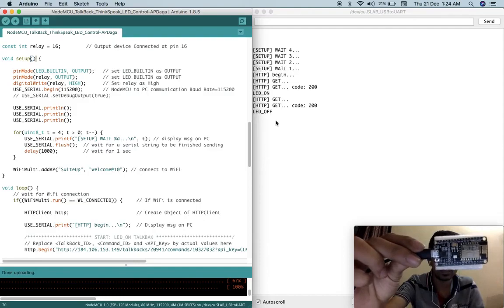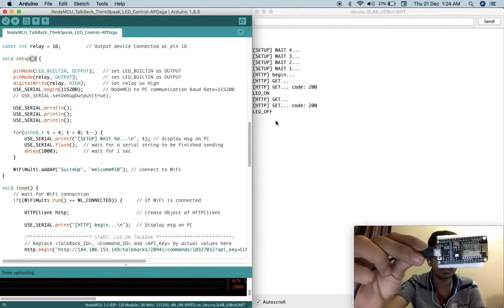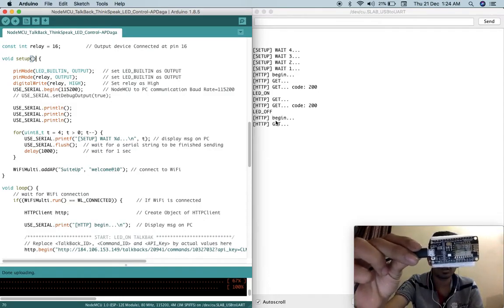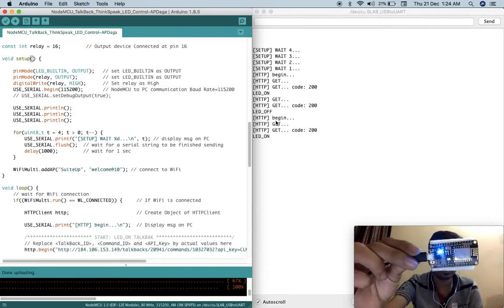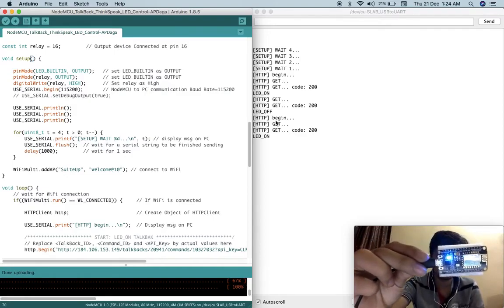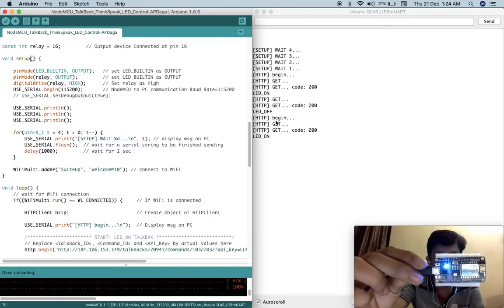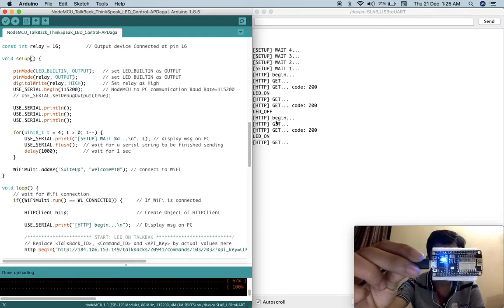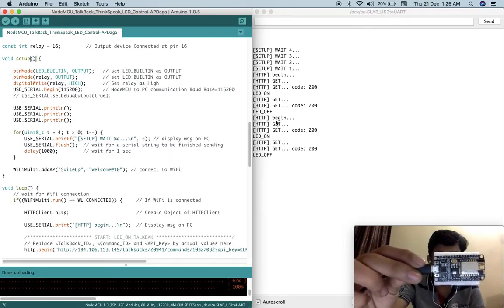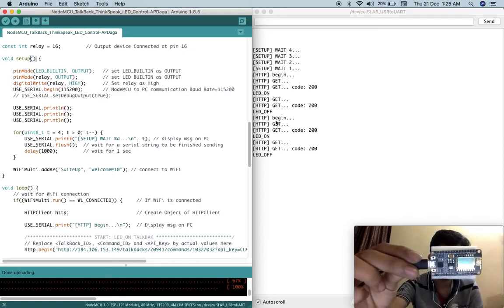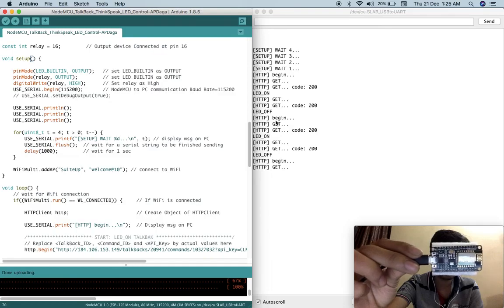So in this way, this is just a demonstration using one LED, but in this way we can turn on and off different devices using this simple Node MCU, a small and very cheap board, and we are controlling this LED using TalkBack command. Okay, and we can give multiple commands also. It depends on application to application.